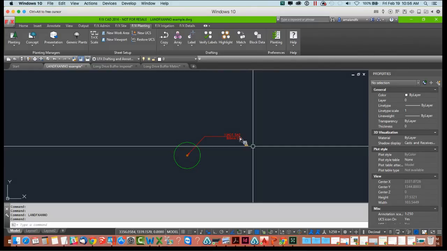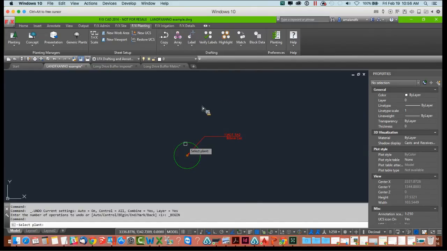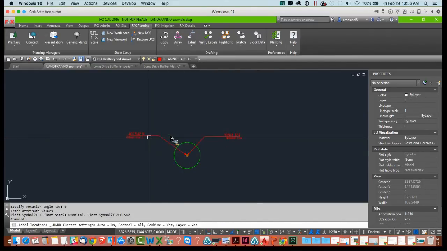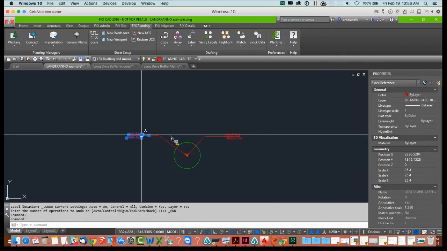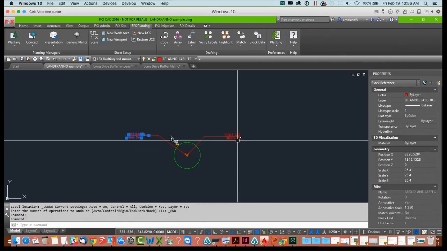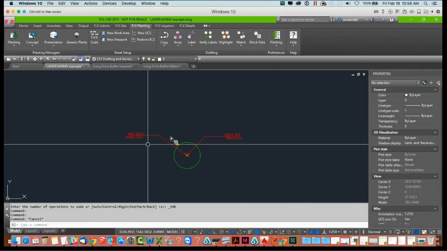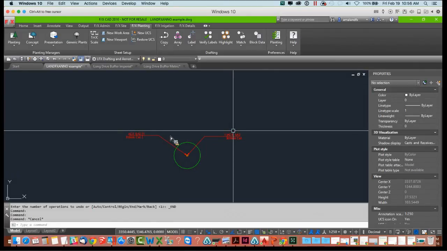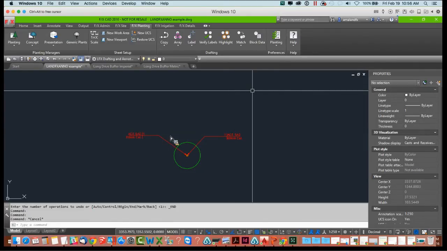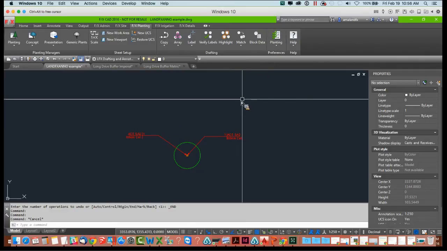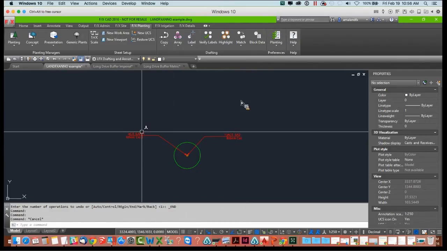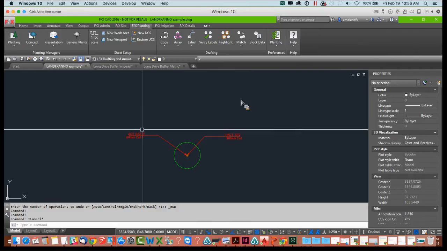And now it's turned off, but you'll notice if I still label this, this is still annotative, and that's because this block is already defined in this drawing. I need to purge it out and then place it again in order to get rid of the annotation on it. So the way I'm going to do that, you can either delete them and purge it out and then